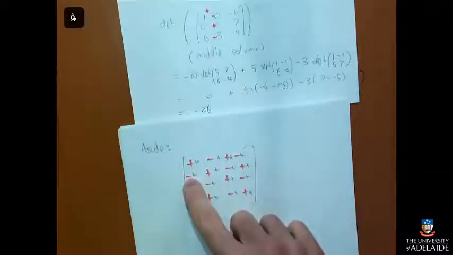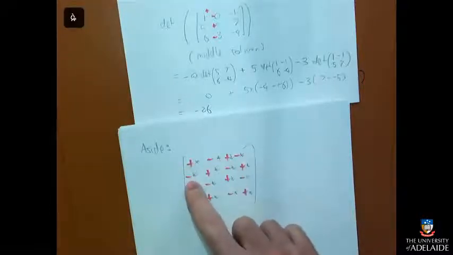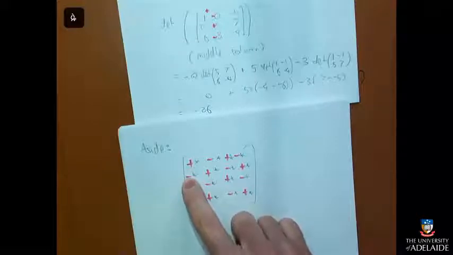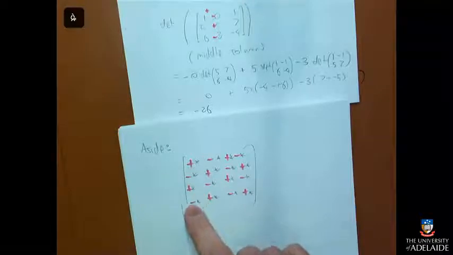If I try and do it across this way, go plus, minus, plus, I always get this next one wrong. When I know it's plus, minus, and then I try to do the next row, I always forget where I'm up to and put a plus there instead of a minus. So if I just track round in a spiral, which is usually what I normally do, then it turns out fine.